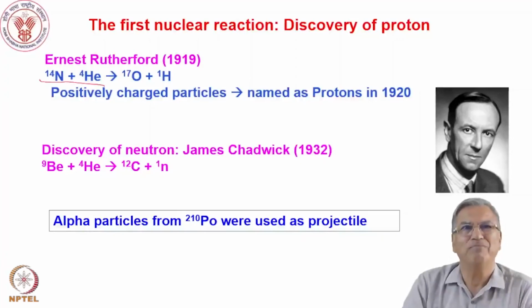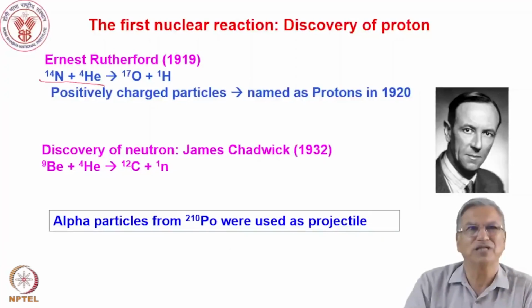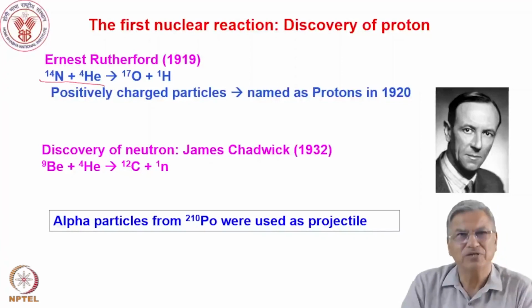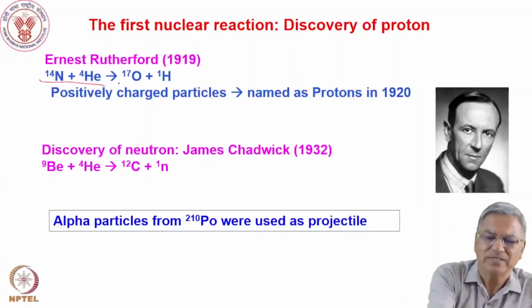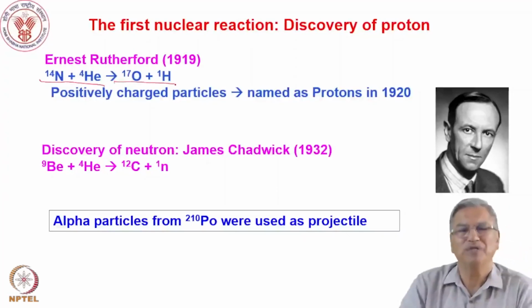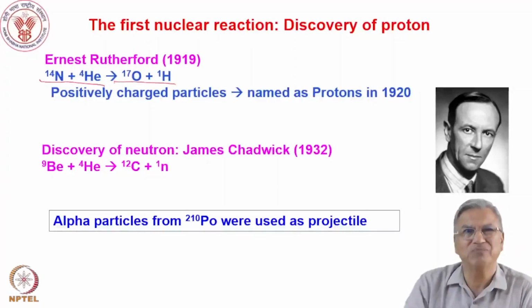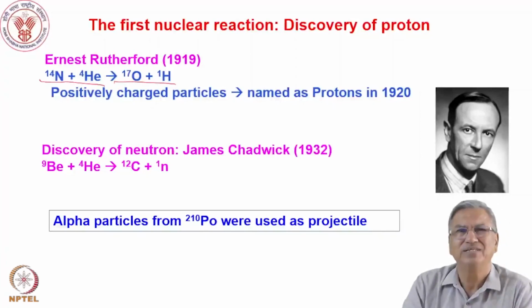When he bombarded the nitrogen target with helium from naturally occurring radioisotopes like polonium-210, then oxygen-17 and a positively charged hydrogen atom were produced, and this caused fluorescent scintillations at the